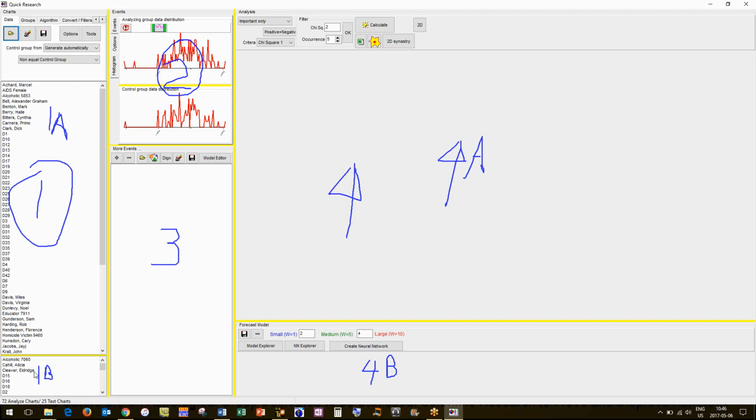Now this is so that we can run the neural net because it needs a test group. So when we're initially working on a data set, we do not use the test group, because you want to use all the data here. Now, I want to make a point for those of you who have done scientific studies.